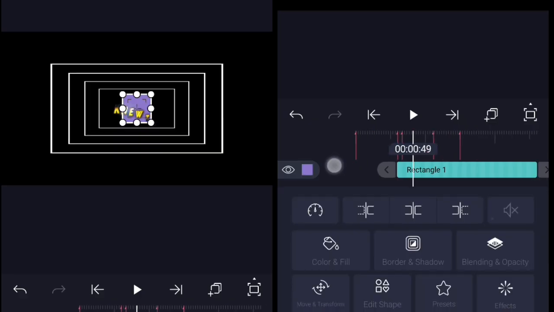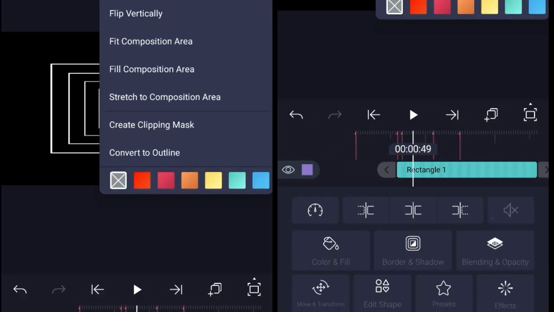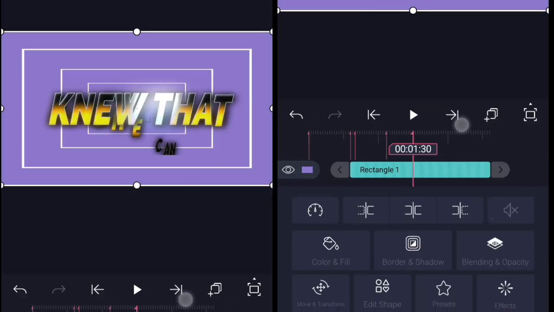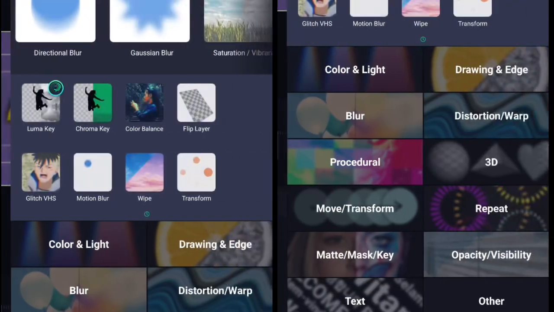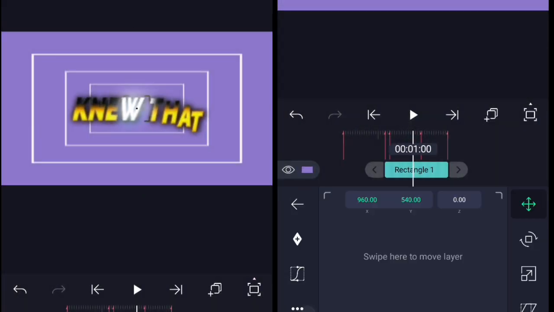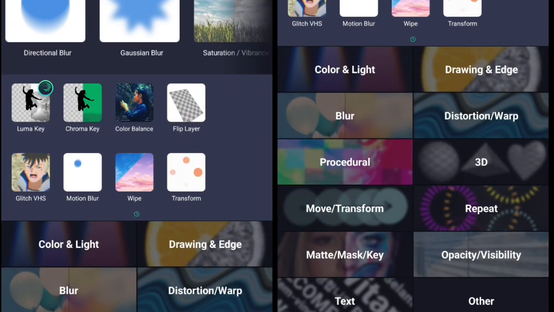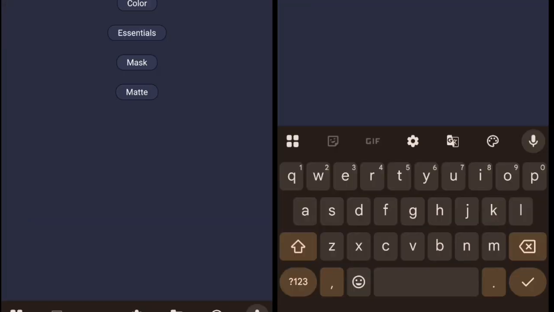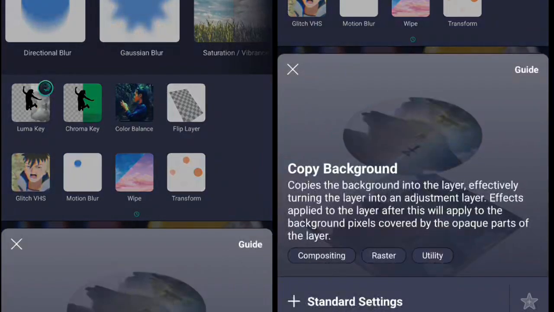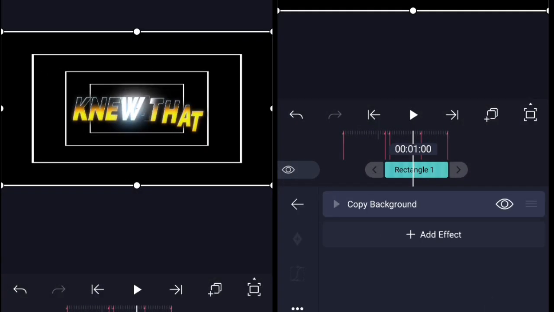Now add a shape layer. Add a shape layer, then keep this just like this, and then add copy background. Now add copy background. So for those who are not using Alight Motion, that Z version, I don't know if